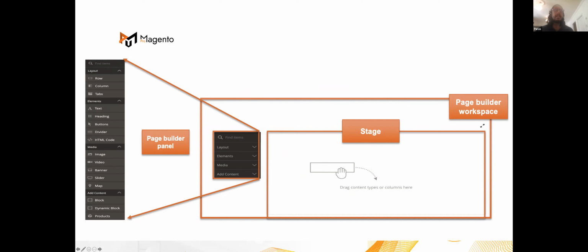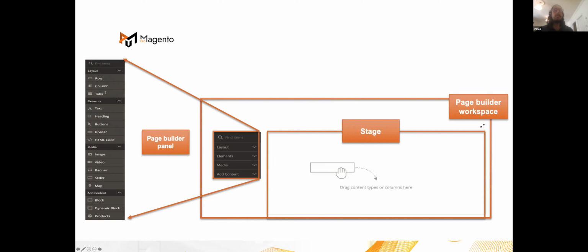are basically layout content types. So like rows, columns, and tabs. And these would generally be the parents of all these other content types. And sometimes you can have tabs within columns, but you can't have multiple columns within the same column. So there are some restrictions in place. You can refer to the documentation to see what those exact restrictions are. But on a high level, all these elements, media, and these content types will go into your layout